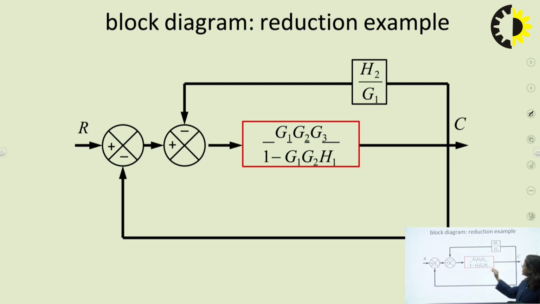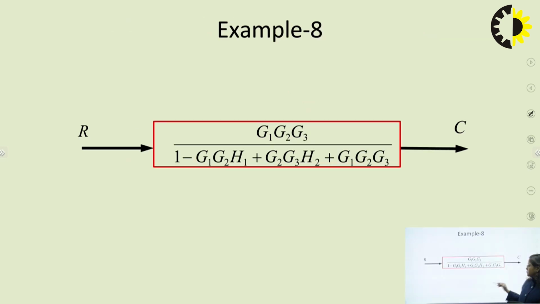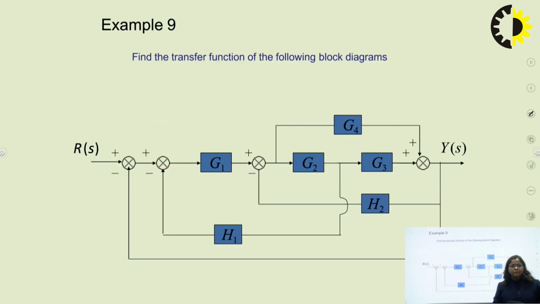And then again we can solve it using feedback path where G becomes this, H becomes this. So the overall transfer function will be G upon 1 plus GH. So this will be the answer. And again there is a feedback. Here H is equal to 1. G is equal to this function, and we can again solve it as G upon 1 plus GH. So the overall transfer function will become this. We take one more example.